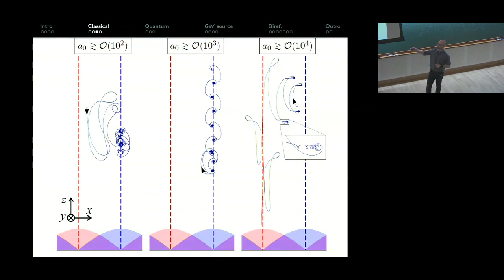How do electrons move? So, here's an electron. It starts over near the peak of the electric field, and it follows this curve. It's accelerated by the field, it gets turned by the magnetic field, it loses energy, and it spirals in to the node of the electric field, right? So if you imagine that the electric field is giving you a potential, then this particle is just rolling down the potential well, losing energy, and coming to rest in the bottom of the potential.